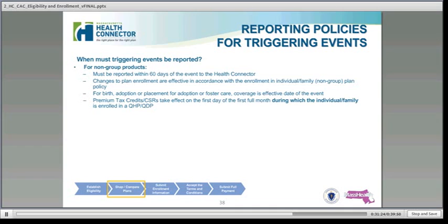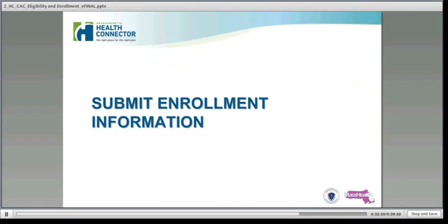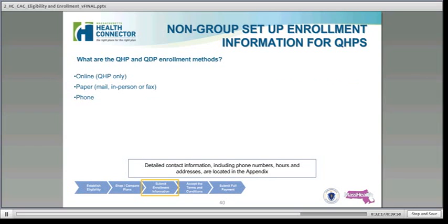So they have 90 days to provide documentation, during which time they're going to be eligible based on the attestation. So there are required verifications for both non-subsidized and subsidized coverage, and they're all going to be sent to one location. So that address is here. And then if after the 90 days we're unable to verify the attestation, that person or that group's eligibility is going to be determined based on the information we have.